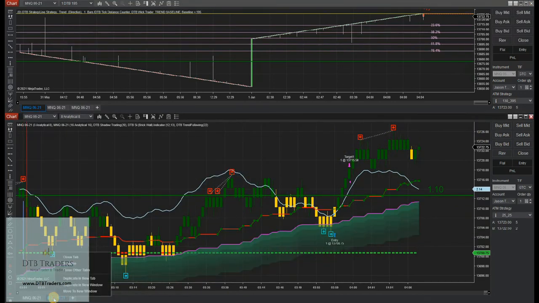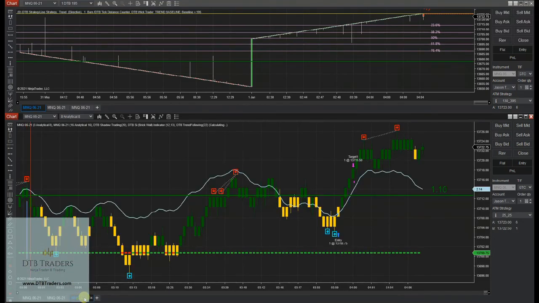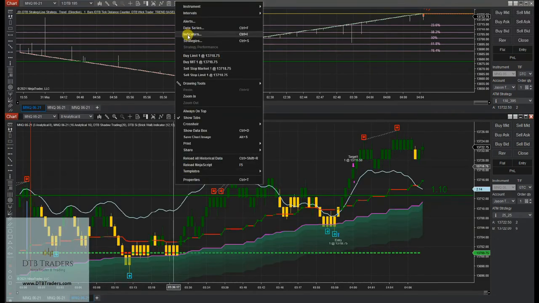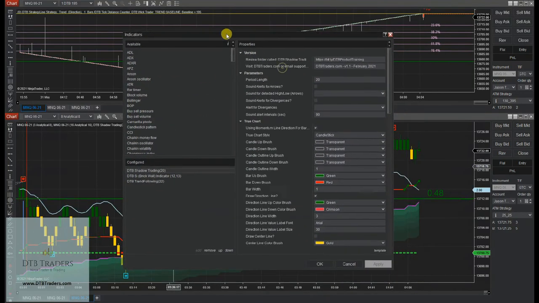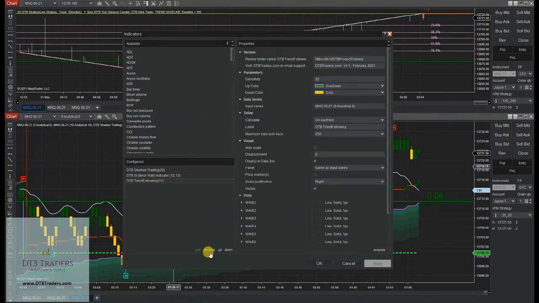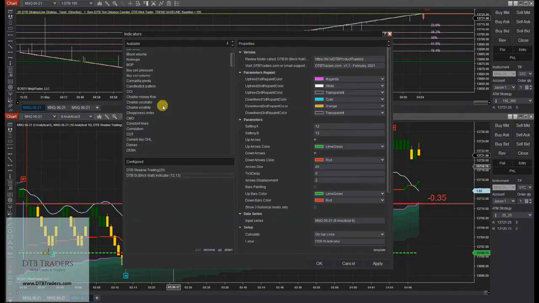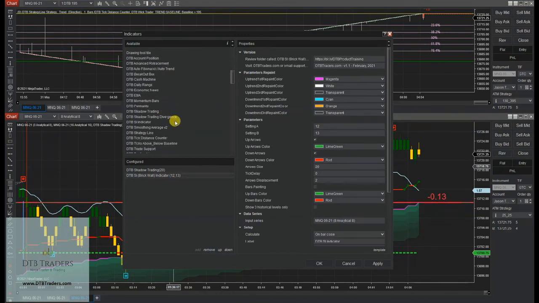Look at the signal chart again over here. You can right-click, duplicate in a new tab, and you can review indicators again. So you can go and review which indicators you would like to pop on this chart. So trend following, we've got it on the previous chart, so let's remove that one. And now let's have a look at the